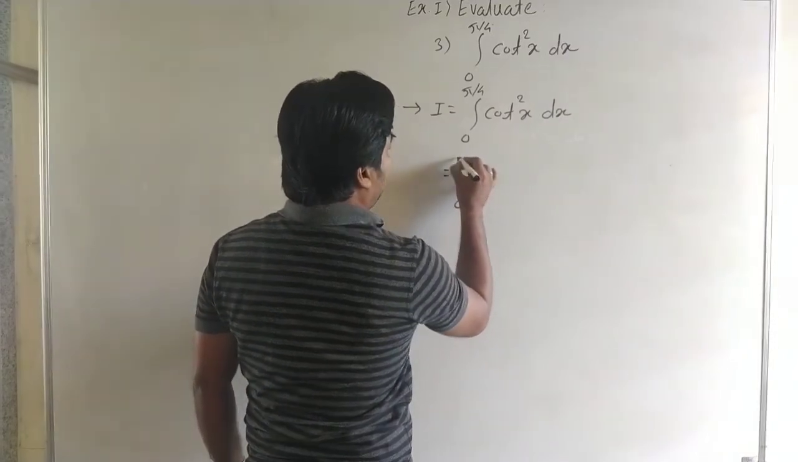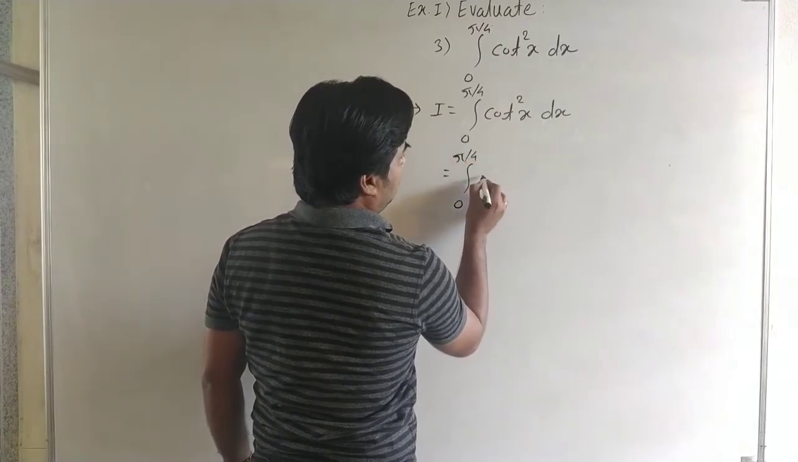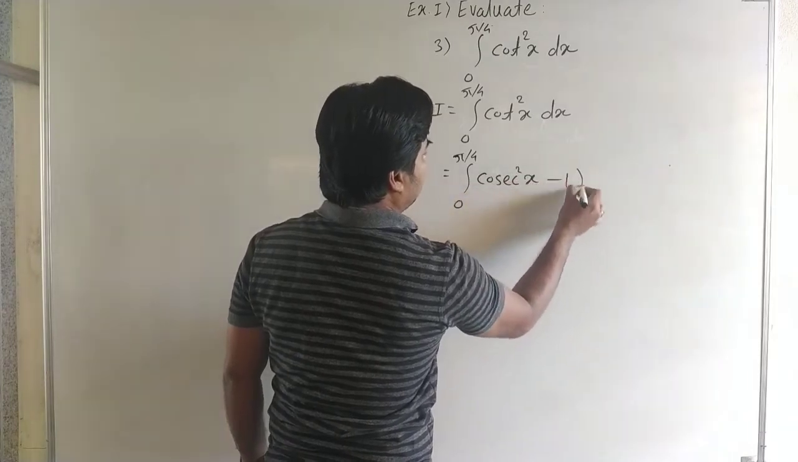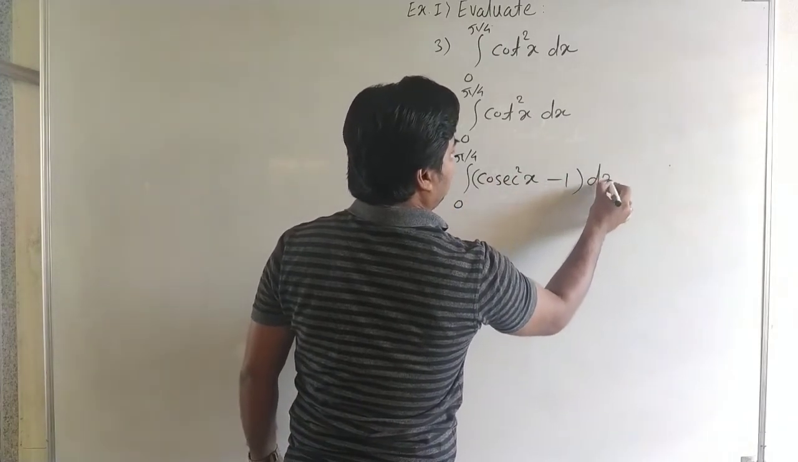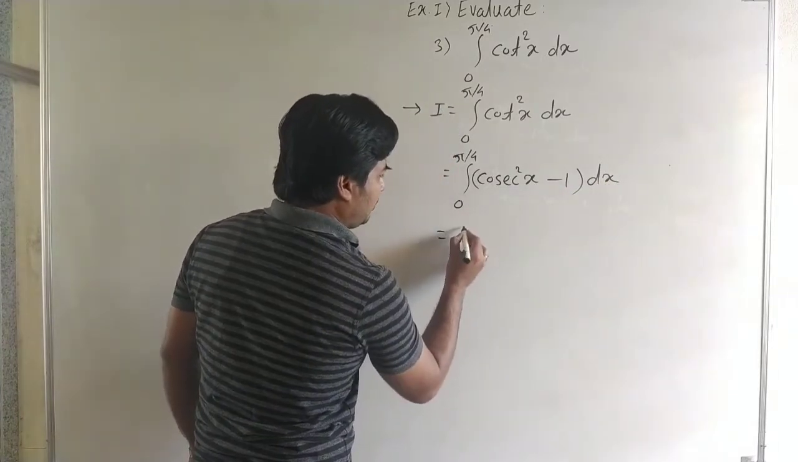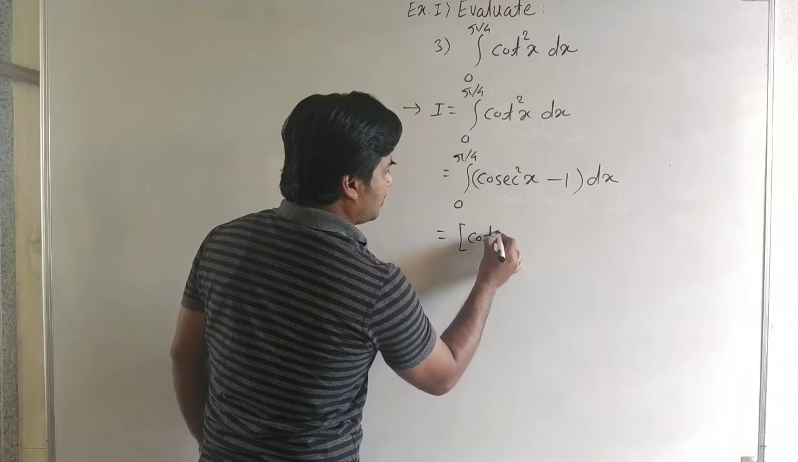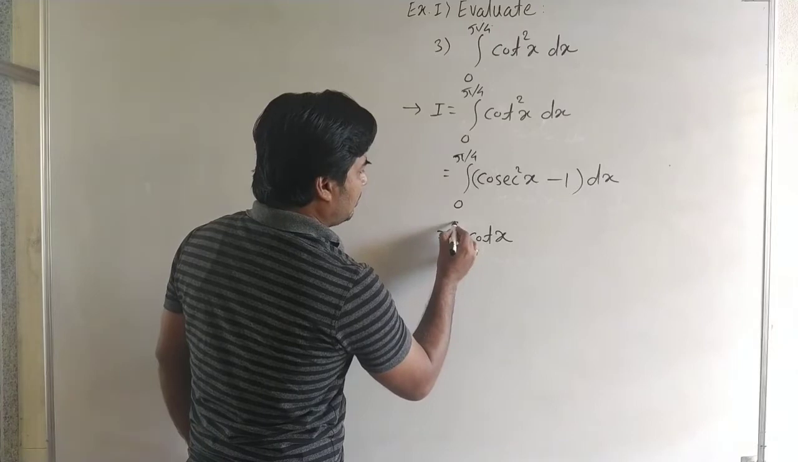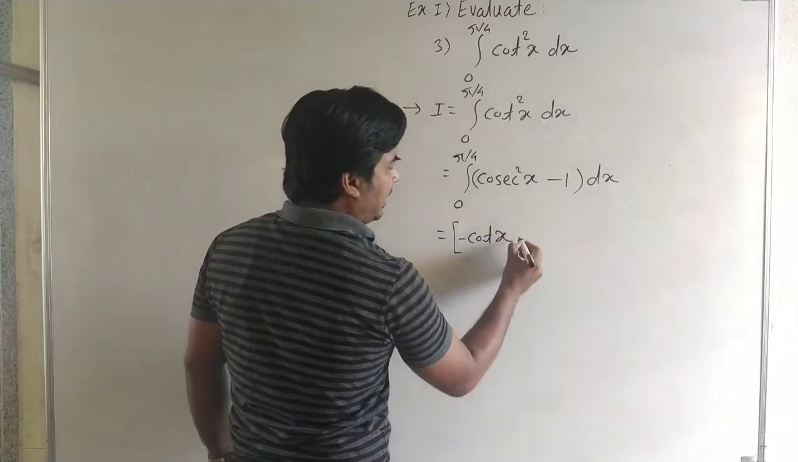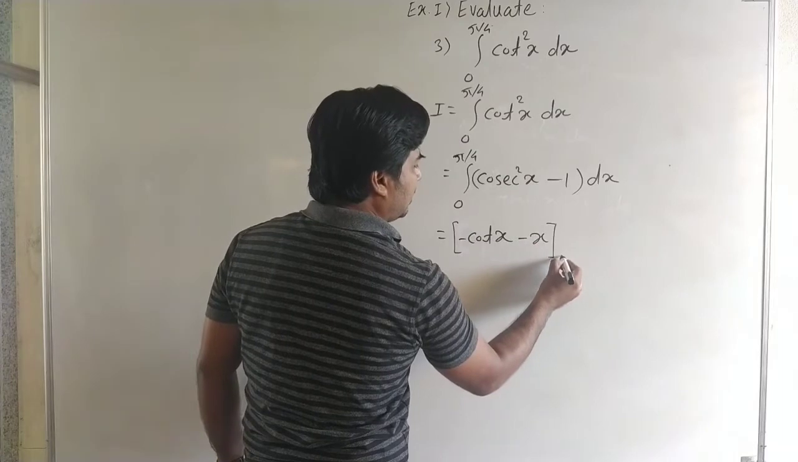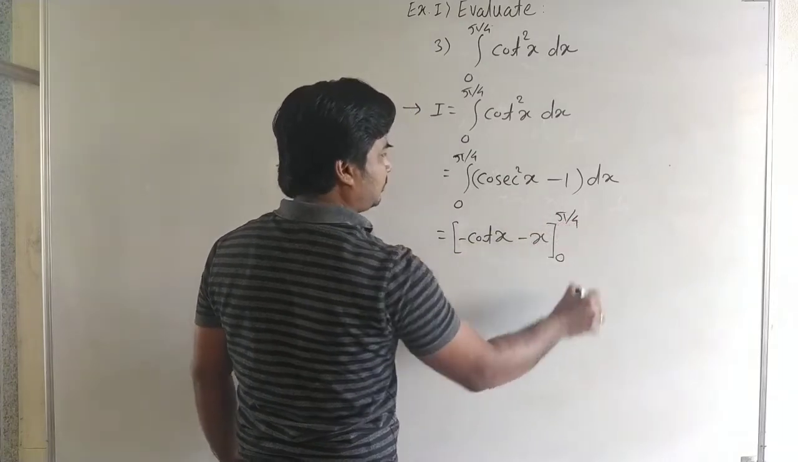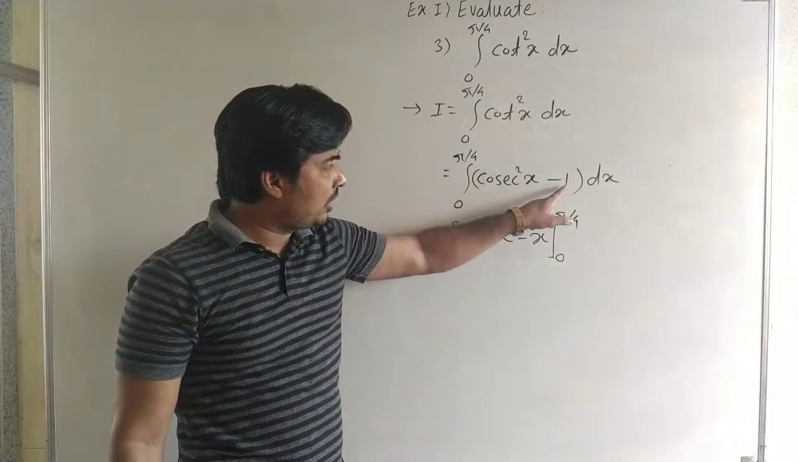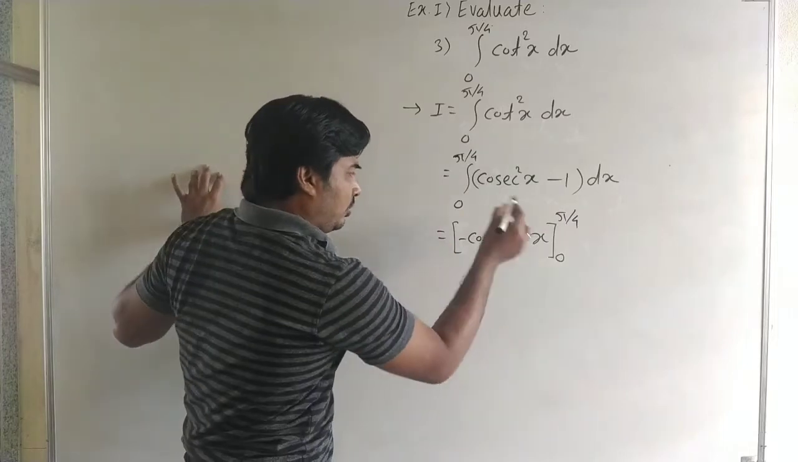Okay, here integral 0 to pi by 4 of (cosec square x minus 1), it is cot square. Now the integral of cosec square x is minus cot x, and the integral of 1 is x, and it is minus 1, and here the limit is 0 to pi by 4. Okay, integral of cosec square x is minus cot x, and integral of 1 is x, and it is minus 1. Now here first we put the upper limit,